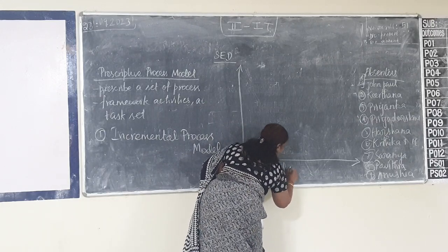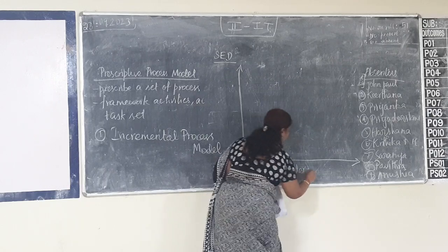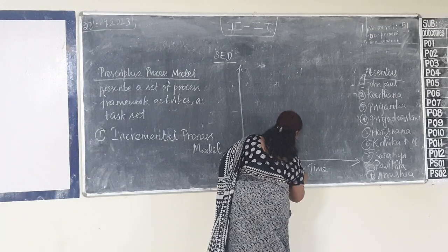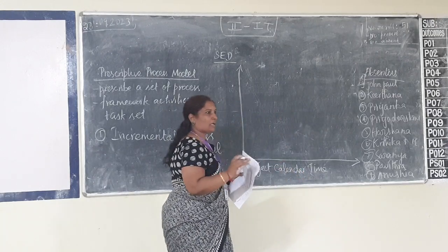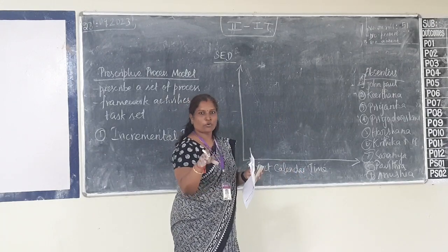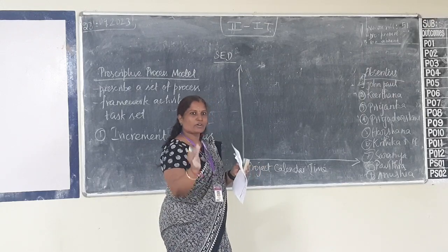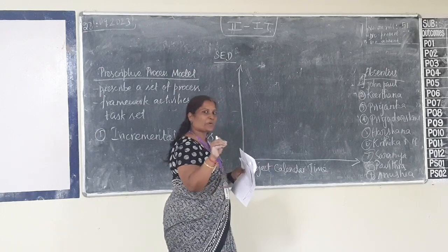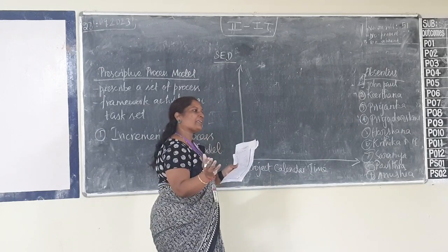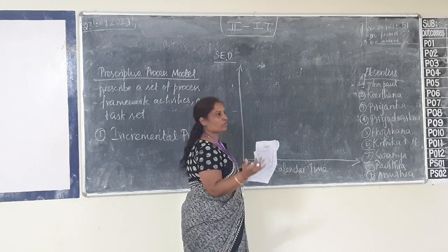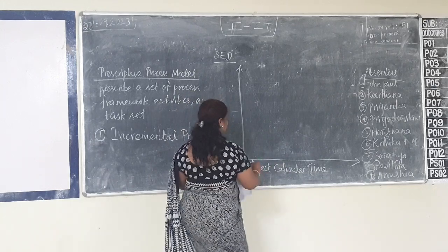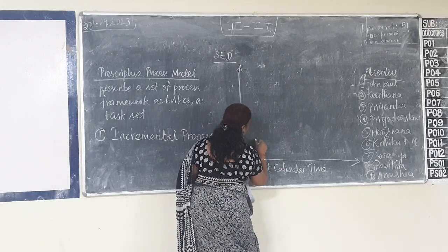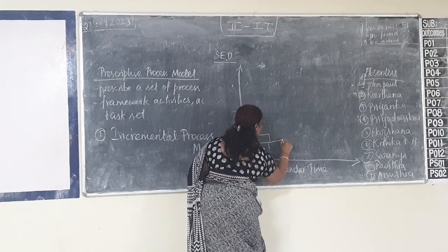Project, calendar, time. I will have a schedule: on such and such a date I have to release the first module, then I have to release the second module. On this particular date I have to complete the entire project and release it. So it will be scheduled through this only. A simple waterfall model is going to be used.